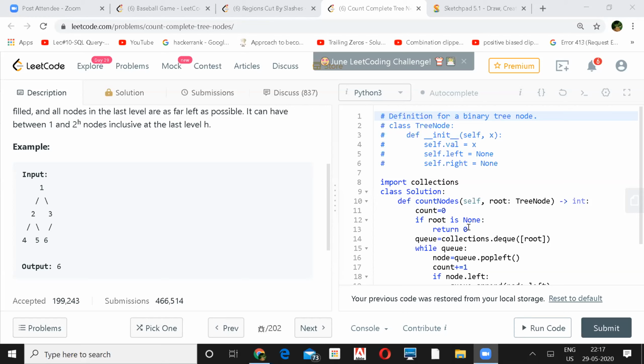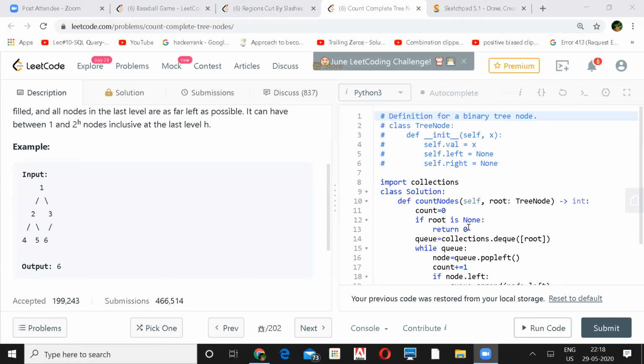Sorry, I lost it, but I was able to follow that. Yes, we can simply go left while counting to get the height. That is understood. The next step is to find out how many nodes are there, or missing, at the last level. From there we can simply say 2 to the power h minus 1 plus whatever is at this level. That is the total number of nodes, right?